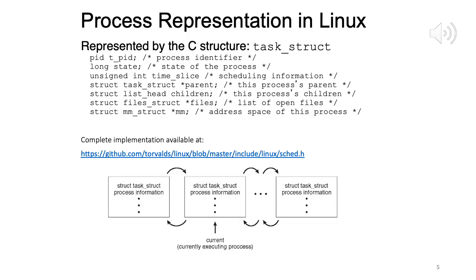Okay, now I am on slide 5. So now we know about a process control block and how it is used to represent a process, to store information about a process, right? So in Linux, this PCB is represented as a C structure called task_struct. So task is just another name for a process. Linux calls processes tasks. So task_struct.